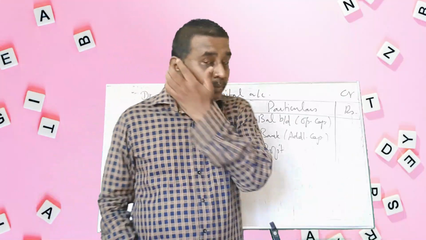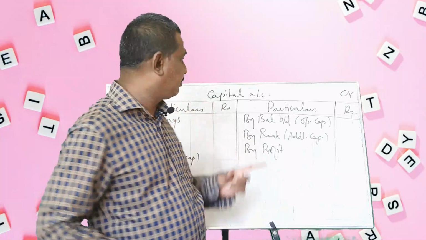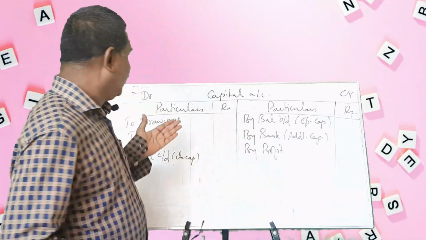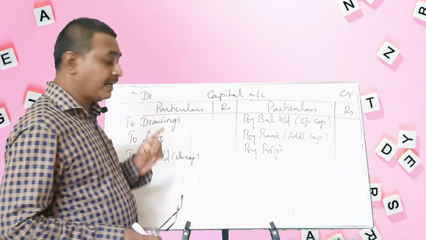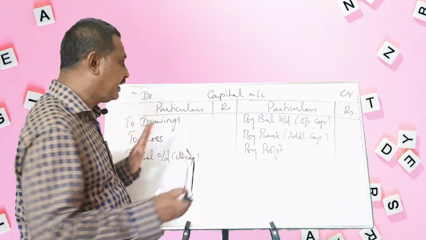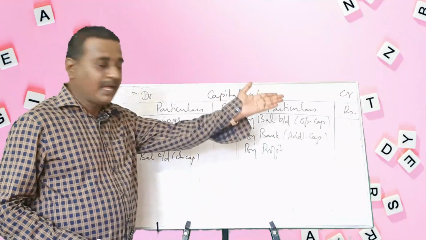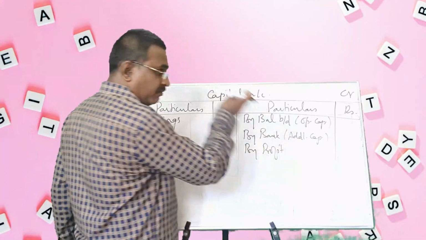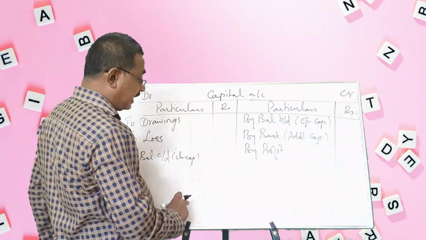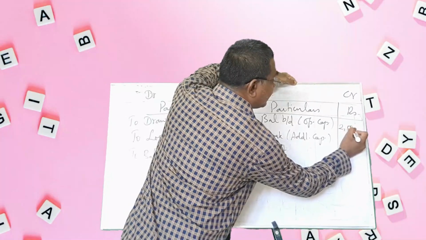Shall we? Now we are going to find out the profit or loss. For that, we have to prepare a capital account. I have written the format because the format is known to you. And whether you understand it or not, immediately write the format. I am going to fill up the items given there. First one, opening capital. We have found that opening capital is 2,50,000 and I write 2,50,000.